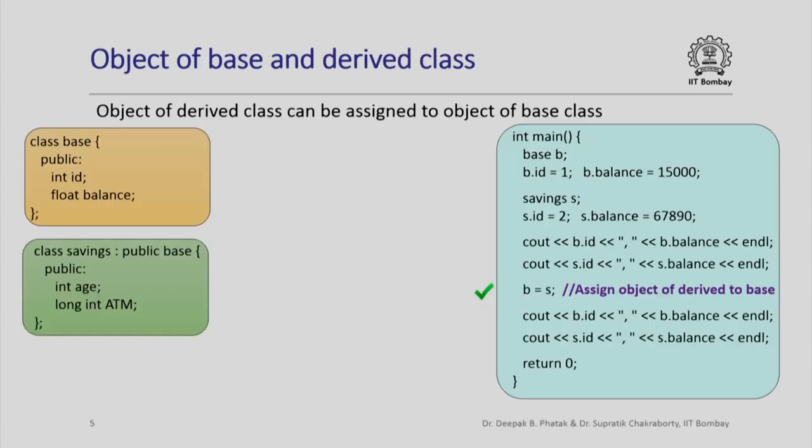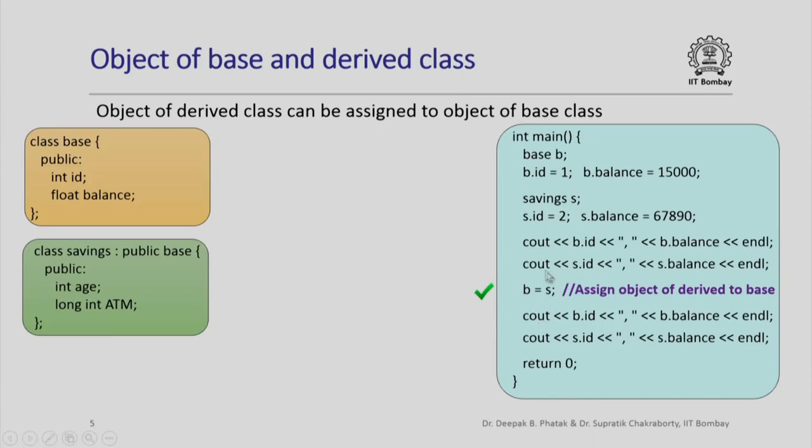So let us talk about objects of base and derived class. Here is a base class which we have seen in our earlier lectures. It is about a bank account, and here is a derived class, a savings class, which is talking about a savings bank account. And here is a main program in which I have instantiated objects of the base class, initialized data members, instantiated an object of the savings class, initialized its data members, printed out the values of these data members, and over here